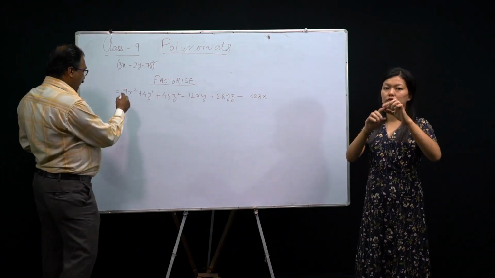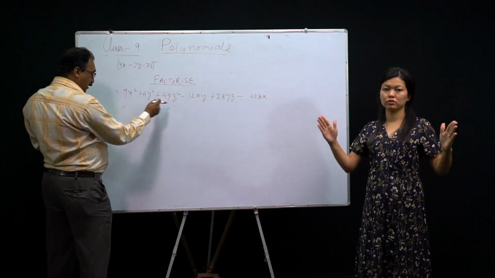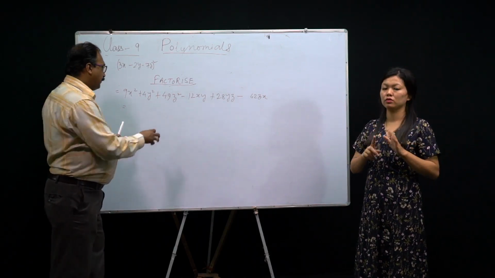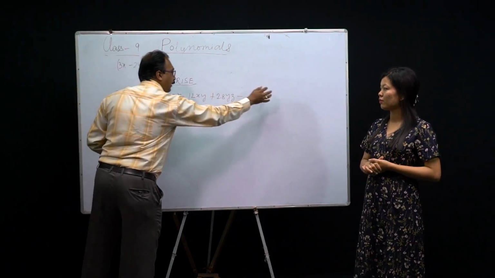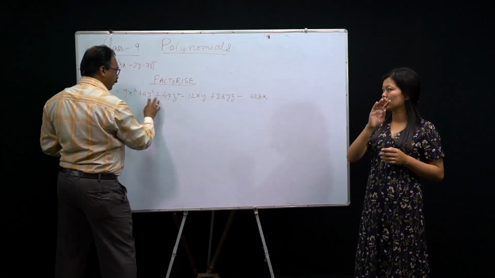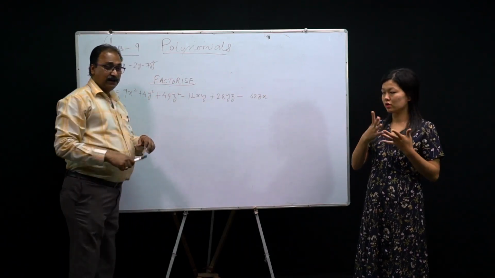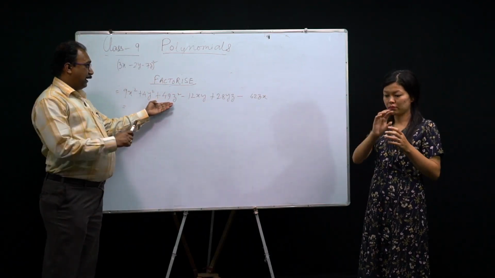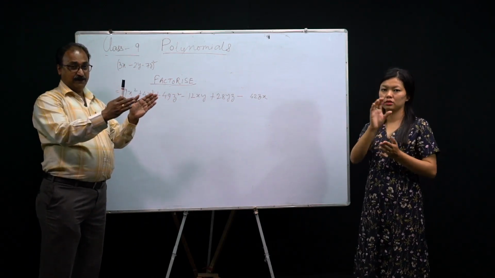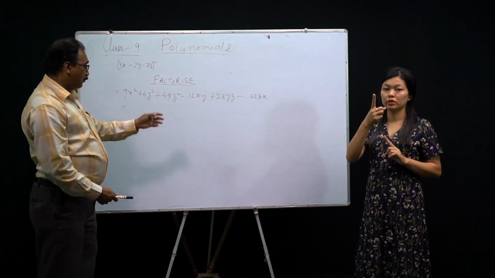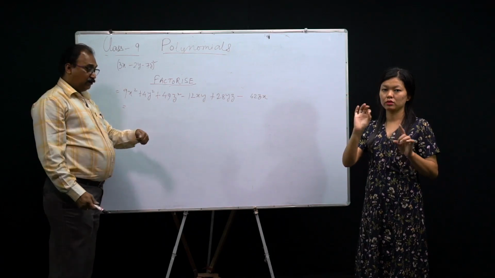Look at here. First, the 3 terms are squares. Sometimes they are not given here, they are given here, maybe they are given in the middle. But your target in this type of question, to factorize: first you write the square terms, then according to that we write the product terms. Then only you will be able to solve.